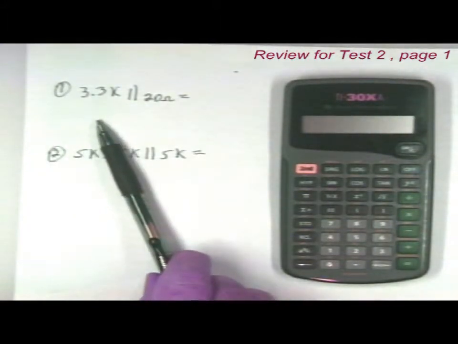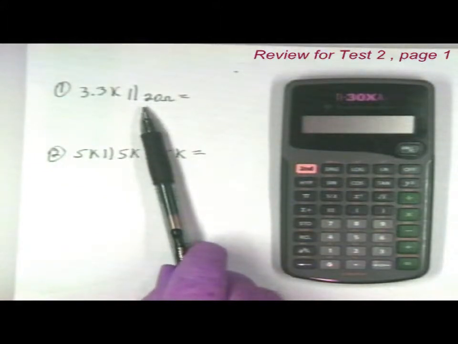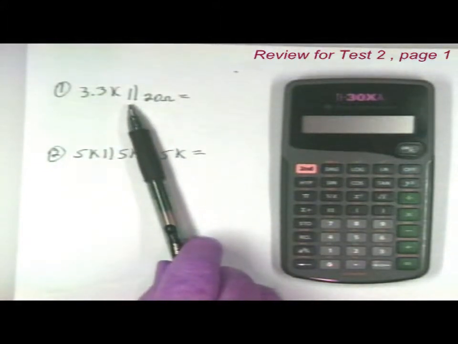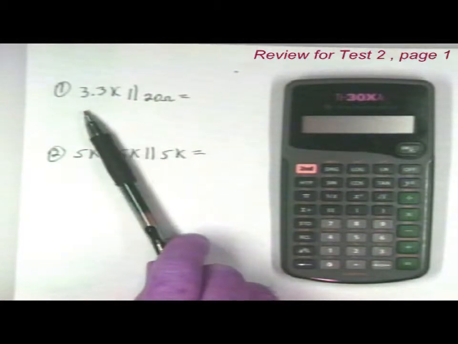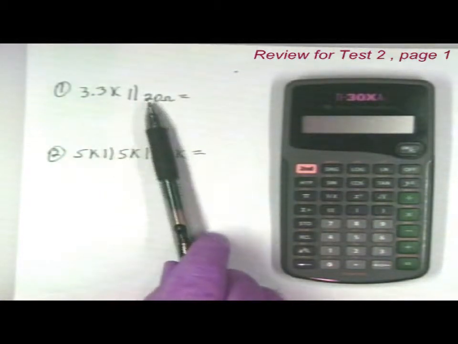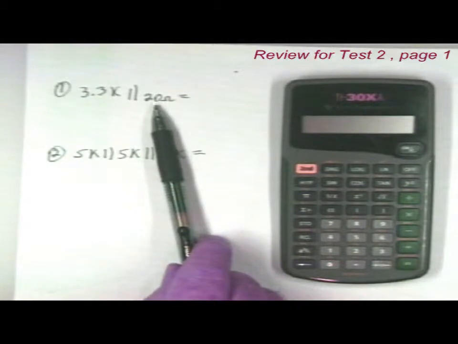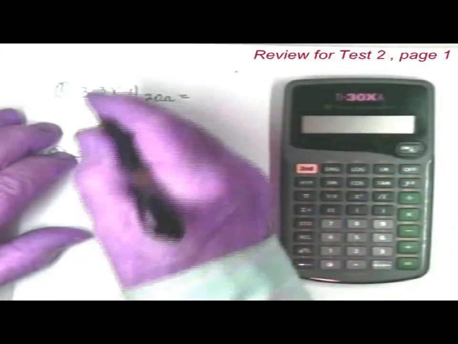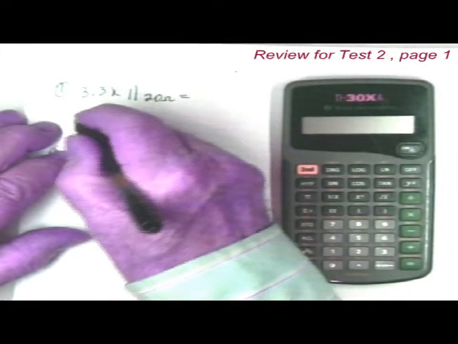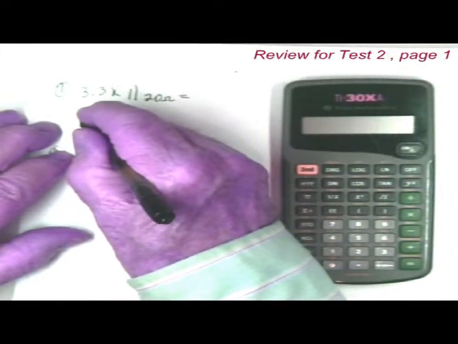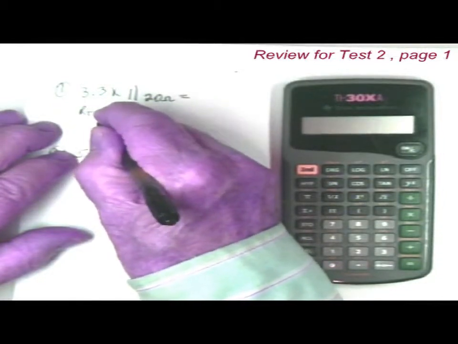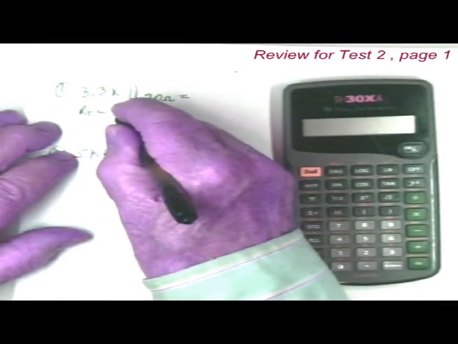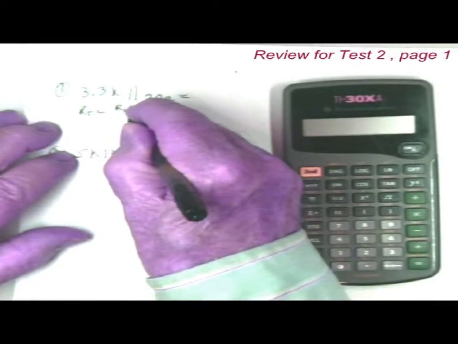We have 3.3 k ohms, and the symbol here, for those who don't know, means in parallel. So we have 3.3 k ohms in parallel with 20 ohms. Now, we could solve that problem using longhand, and we could use several formulas, as a matter of fact. We could say that RT equals the product over the sum, which is R1, R2,